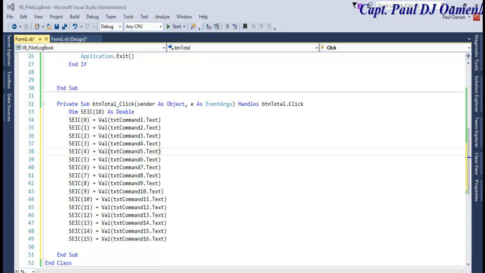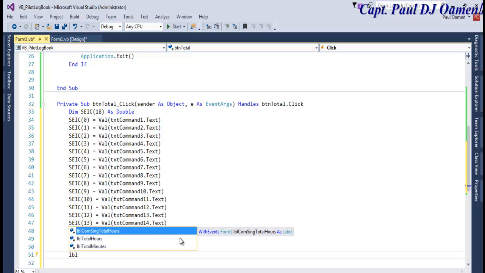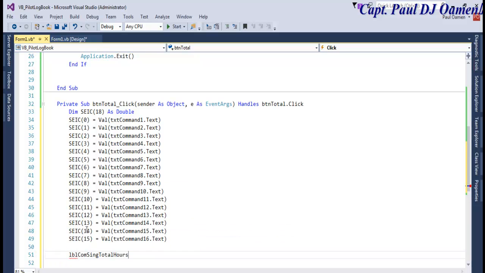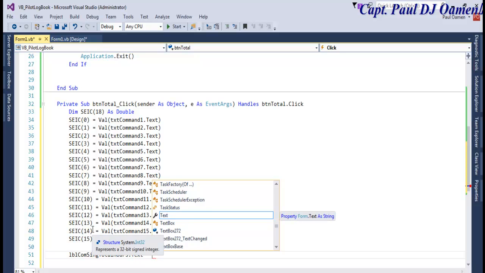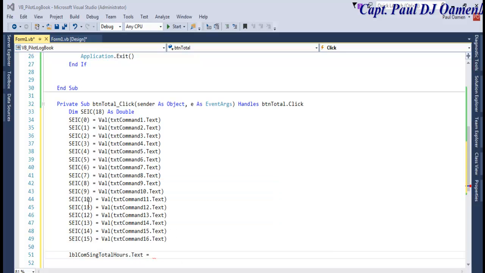Okay, this is how it all looks like, and what I want is to add all of this into LBL total single engine, right there, which is going to become dot text. So now I need to add up all of these. Instead of adding them all individually, I can just come in here, copy all of that. Let's put this here, make this 16, and this one will be 16 here, and carry out all my calculations